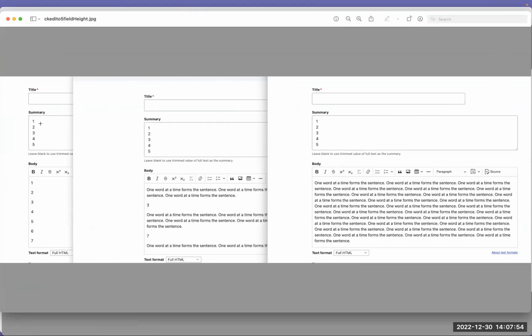Summary is totally fine. If you enter 1, return, 2, return, 3, return, and so forth, and you have set a summary height of 5, then you also get 5 lines. The problem is in the WYSIWYG: if you enter a return, that line gets wrapped in a p tag, and that has a margin. In that case I have set the rows to 7, and if you enter 1, return, 2, return,